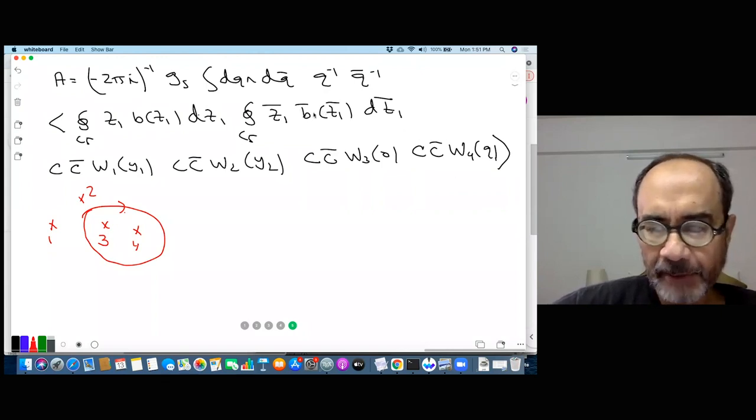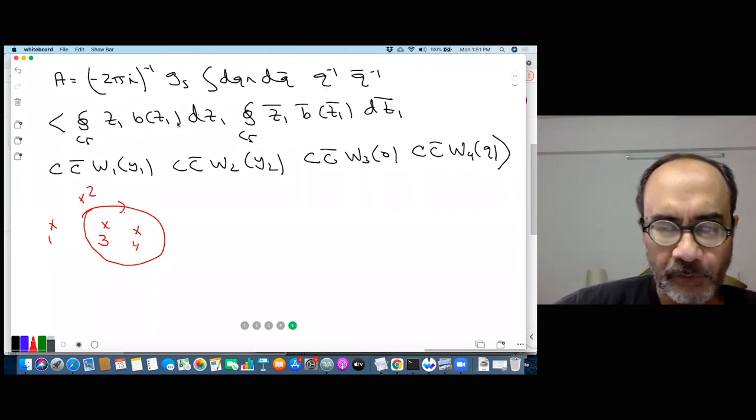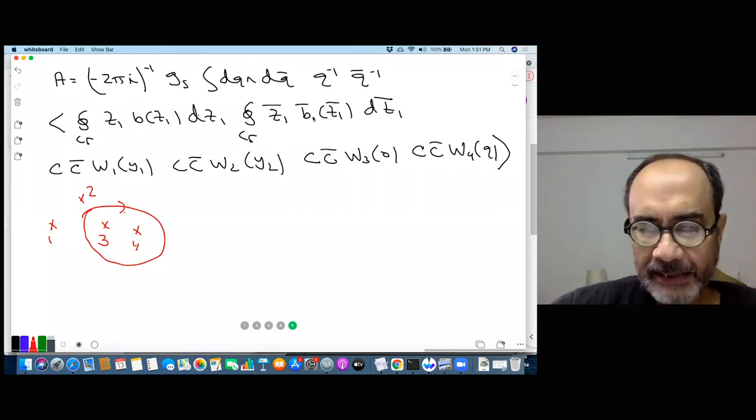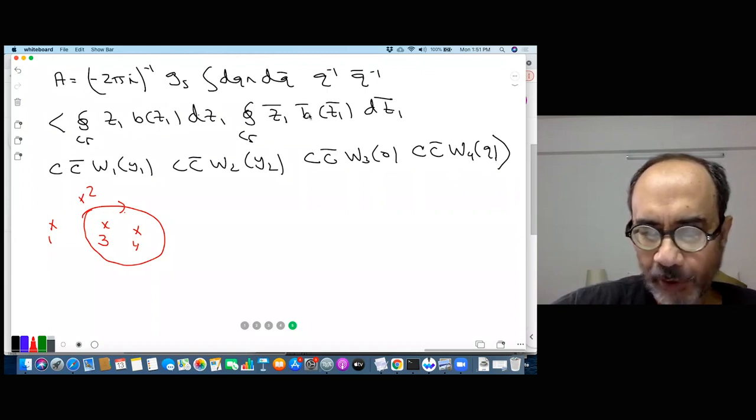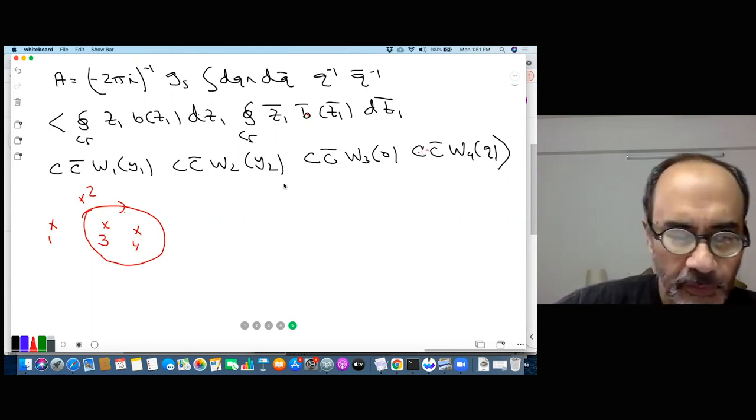Because B bar with C bar gives you 1 over Z1 bar minus Q inverse, 1 over Z1 bar minus Q, and you have to multiply it by Z1 bar, that gives you a factor of Q bar. Similarly, this gives a factor of Q. And then there's an extra minus sign because this B bar is of course anti-commuting. To go next to C bar to pick up the pole, it has to pass through C, which is also anti-commuting, and that picks up a minus sign. So the final result that you get is